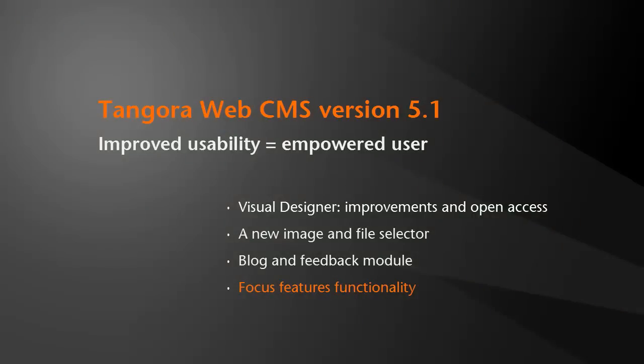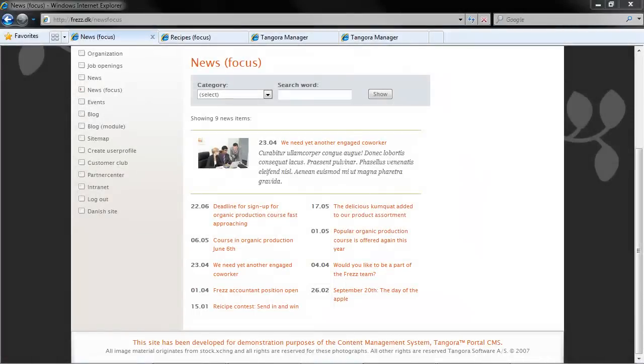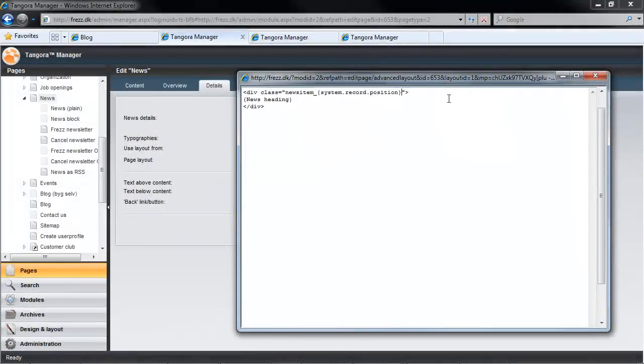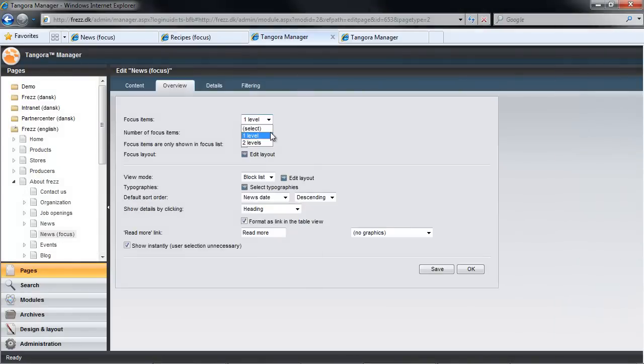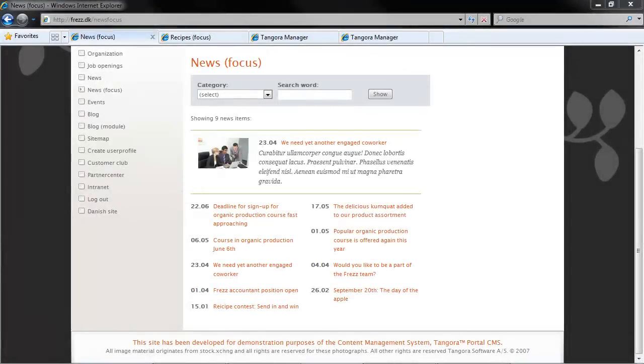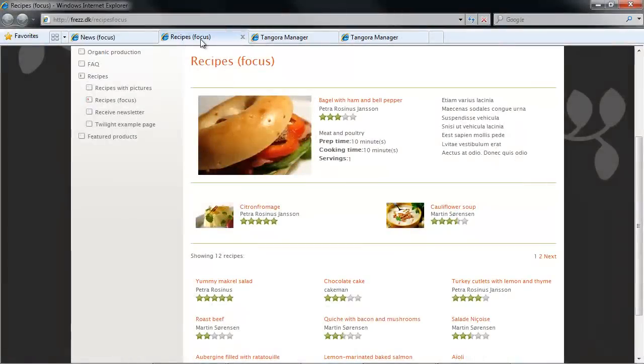Focus Features gives you the ability to differentiate the way you present news or database items. You could thereby draw attention to selected focus features in your overview of news or database items, and you have easy control over the setup, including how focus features are defined and how the layout should look. Actually, it should be no secret that you could achieve the same results in previous releases of Tangora. But the difference in the current release is that there is a point-and-click interface for making this setup, whereas beforehand the process required working at a more advanced level. In other words, what was an advanced setup has now become accessible to a beginner or intermediate Tangora user. Focus features are available in Tangora Web CMS in conjunction with the news or database modules, though they are not available in Tangora Mini.